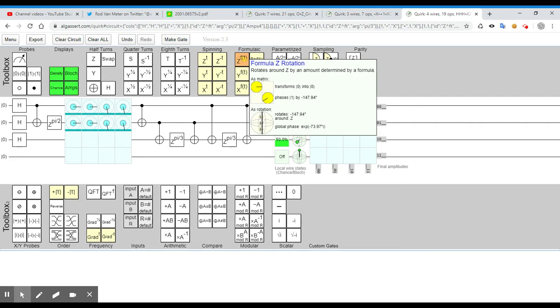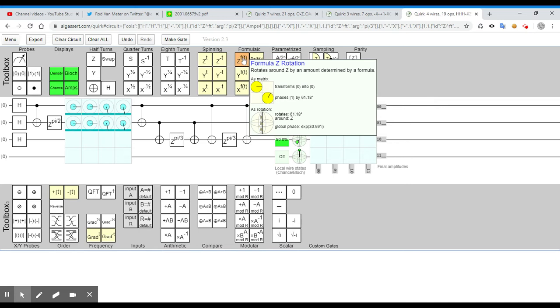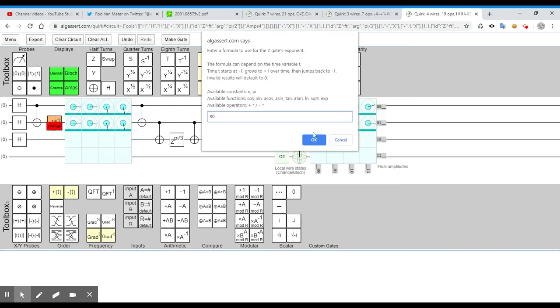Maybe that's the one that rotates around Z by an angle in radians determined by a formula. Maybe that's what I should be using. Because that is maybe in degrees, or what? So pi divided by 2 is 90 degrees. So if I say 90,